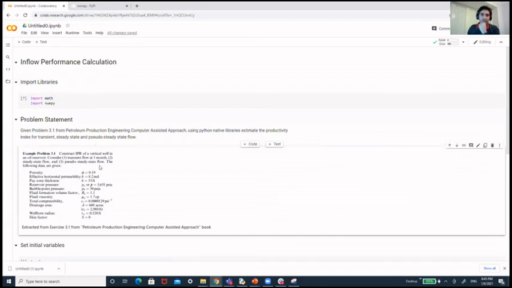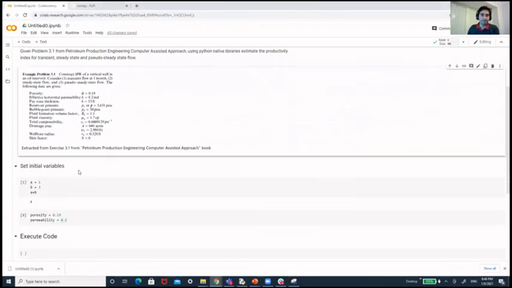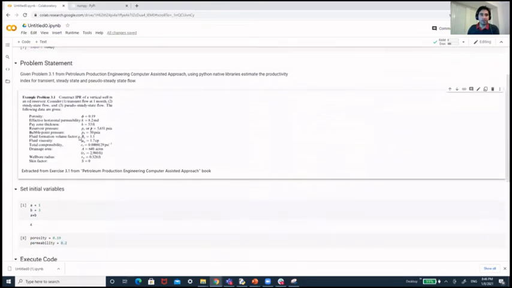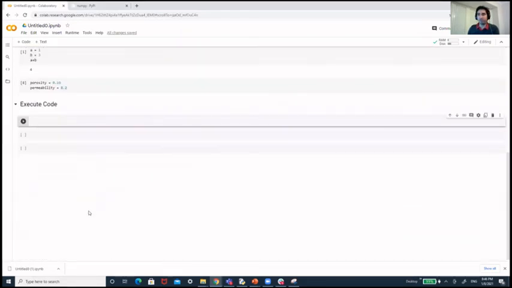Given this information, we want to calculate the transient flow at 1 month, steady state flow, and pseudo steady state flow. Before I set up the variables, let's put where we want to execute the code. I want to produce the transient flow at 1 month.